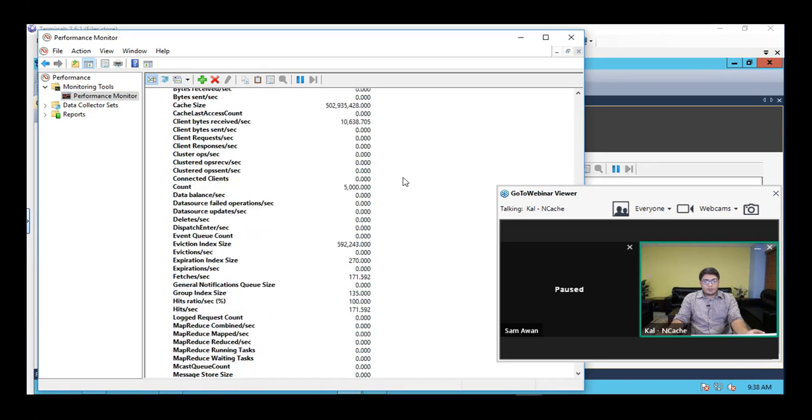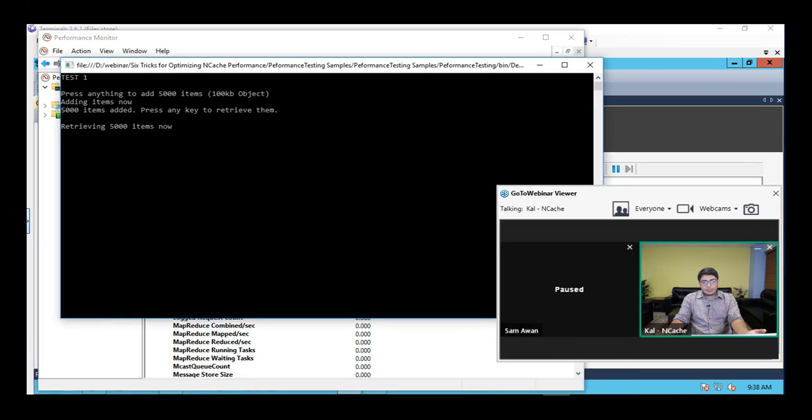So after a few seconds, we should see the results here of how long it took to retrieve 5,000 items of size 100 KB from the client cache scenario. So here you can see that from 45 seconds, it has gone down to 33 seconds with the case that you have an outproc client cache enabled within your environment. So you can see it's a big improvement. It's more than 10 seconds, and in terms of application, that's a big time. So it has shown us great improvements in this case.